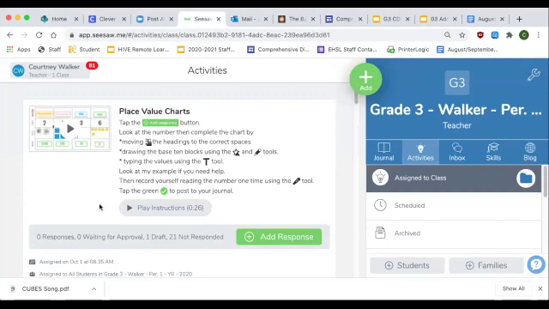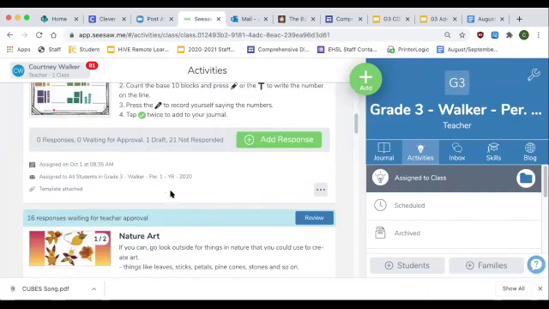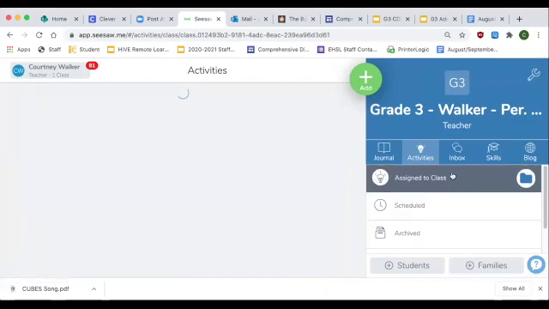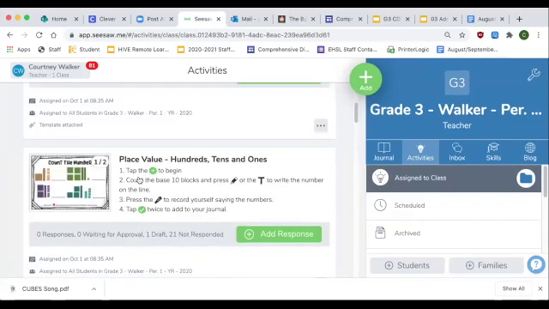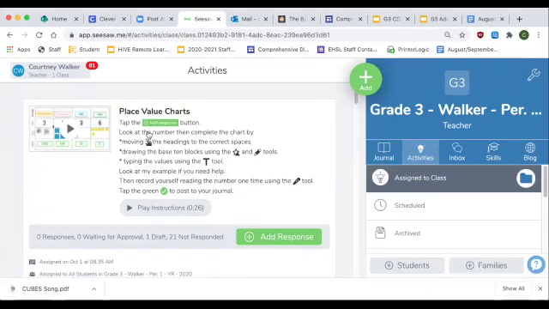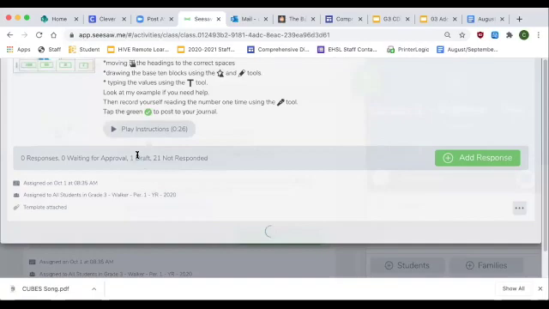And today in math, we are reviewing place value because I've noticed that some of us are still struggling a little bit with how to put our numbers together and how to add things up so they make sense. So that's actually something we're going to work on today and tomorrow in different ways. But today, I got confused for a second. Okay, you have two seesaw activities to do today. Your first one